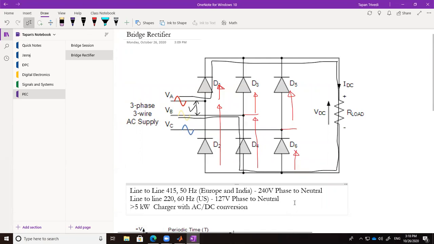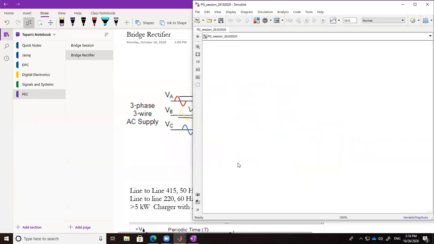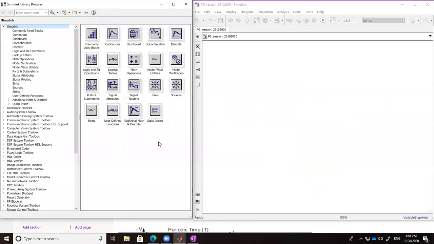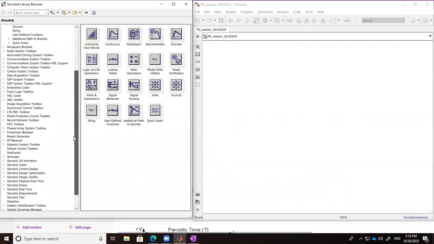Single phase, I mean to say 240 volt, 50 hertz single phase supply, which is commonly used in residential application, that means at our home. That supply is not applicable here. So we need to use a three-phase AC to DC converter like this, right? And that's why we are discussing it now. So what I need to do, I need to implement this three-phase fully controlled rectifier.